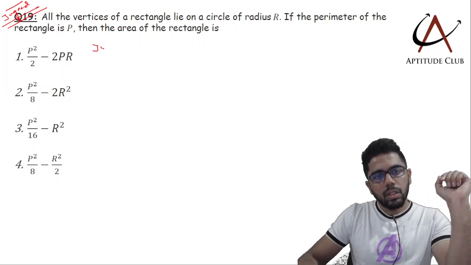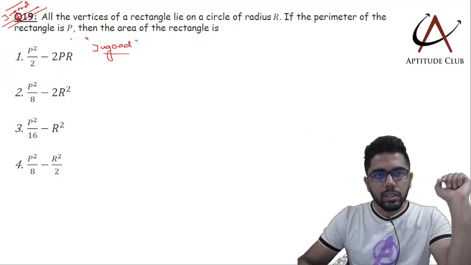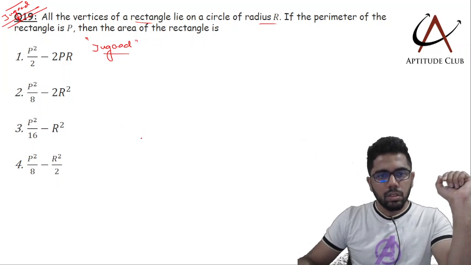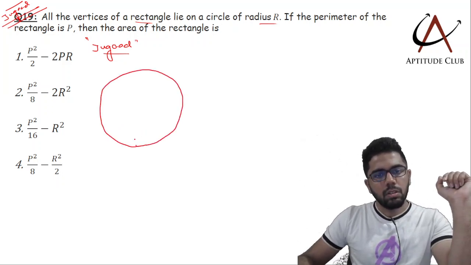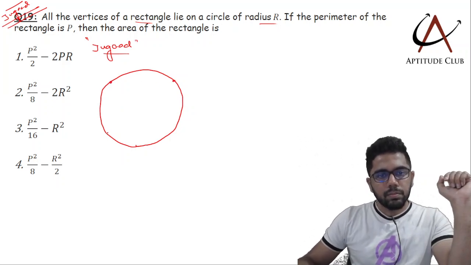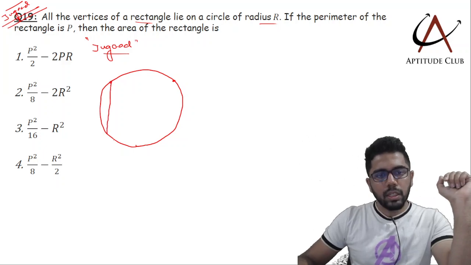Okay, we'll call it जुगाड़. पहले क्या क्वेश्चन दिया, let us try and understand. All the vertices of a rectangle lie on a circle of radius r. So if this is a circle, all vertices of rectangle, so if this is the rectangle,